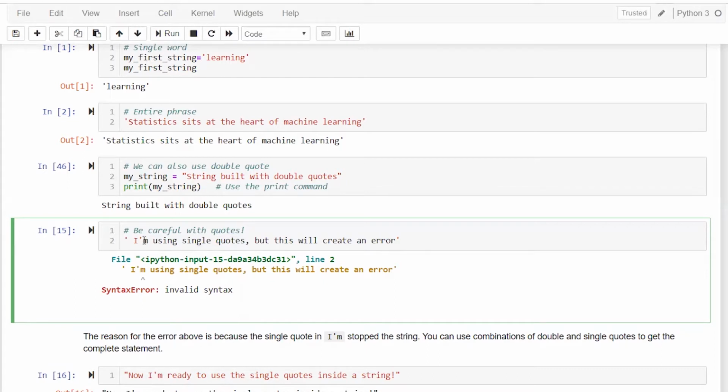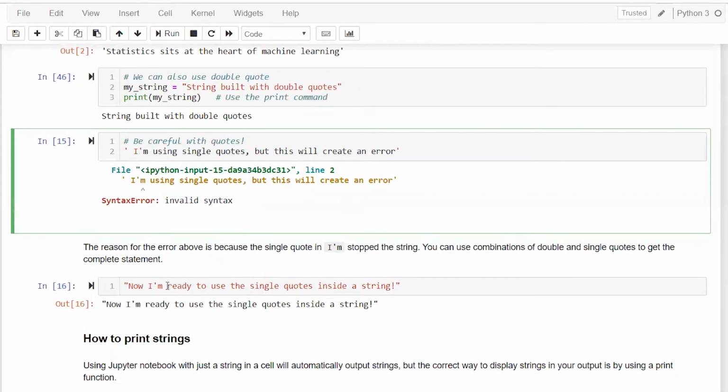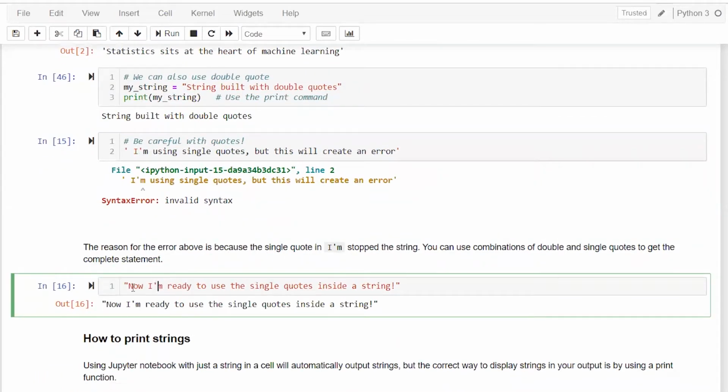So this is not a valid way to go. The better way is what you should do. Here we also have an apostrophe, so you define the sentence and then put it under double quotes, with double quotes at the beginning and at the end. That is the way to remove any such conflict. If a sentence has a single quote, try to specify it using double quotes. That should work totally.